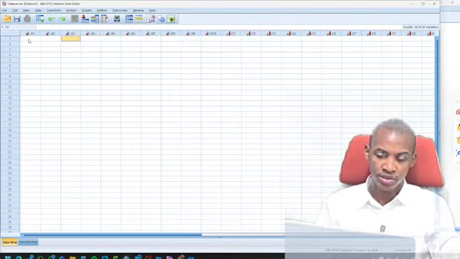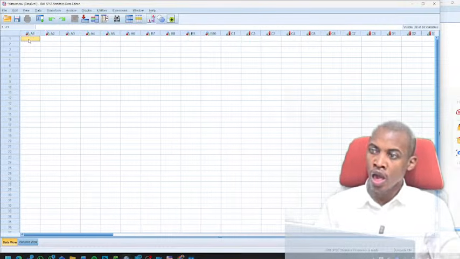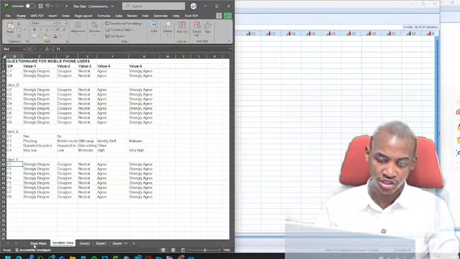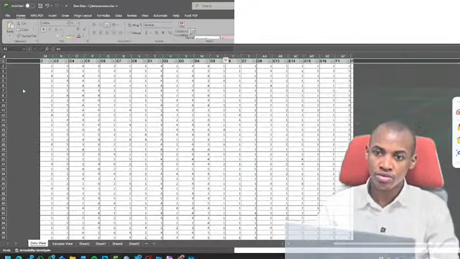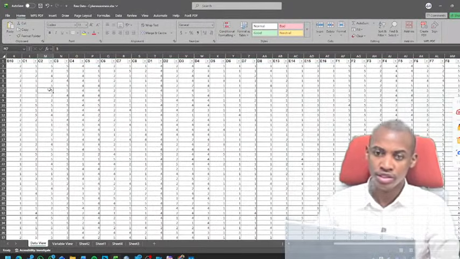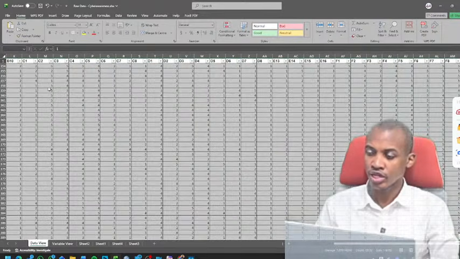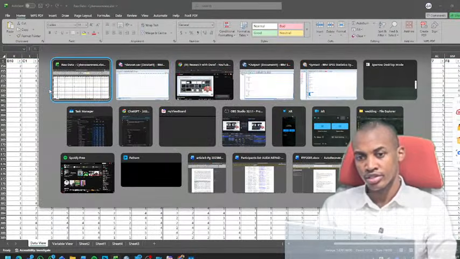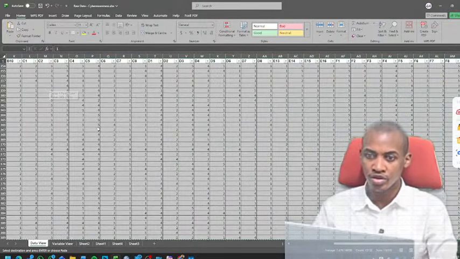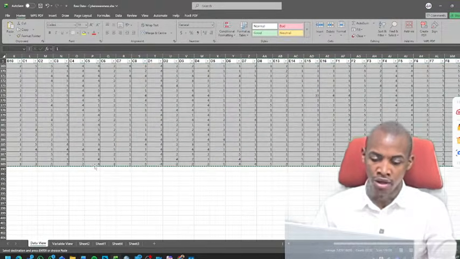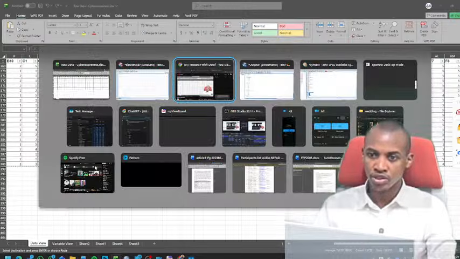So from this, you go to our SPSS and copy our Excel sheet, data sheet. Data are here. So this is just simple. Just copy from the first one to the last. Highlight all, copy, control C. And then go to SPSS